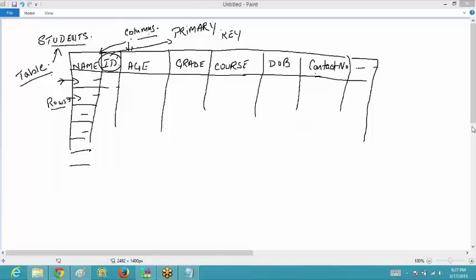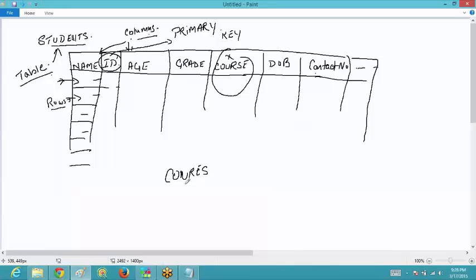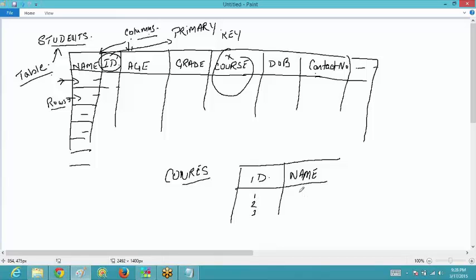So see over here also, if I want to take out the courses from this table, then I would create another table which is named courses, and I would write down the names of all the courses over here, the name and the ID. So depending upon the IDs there are certain names.